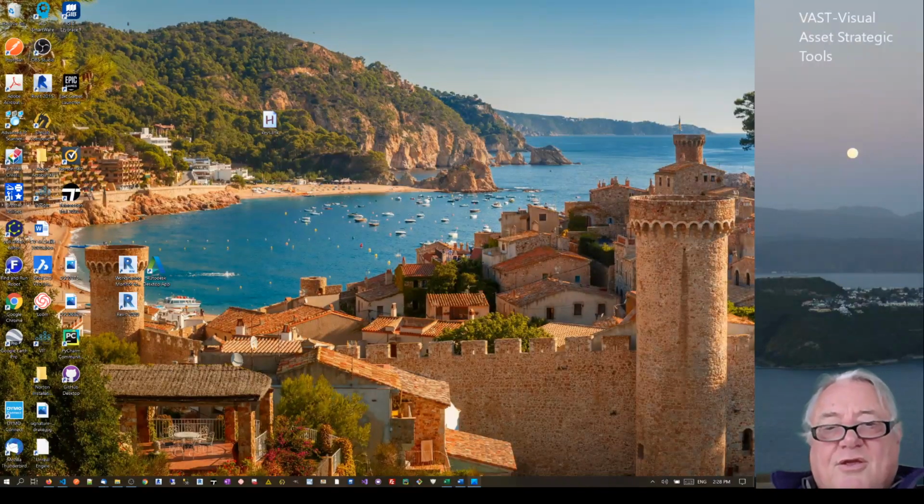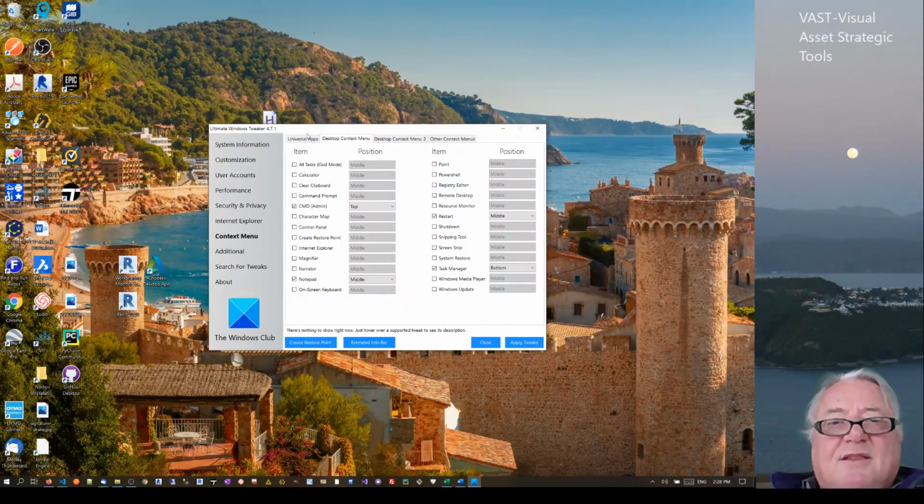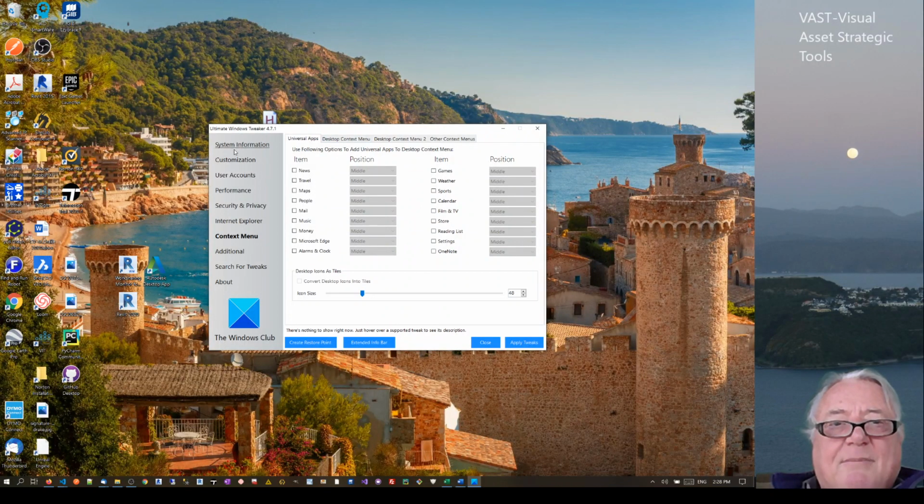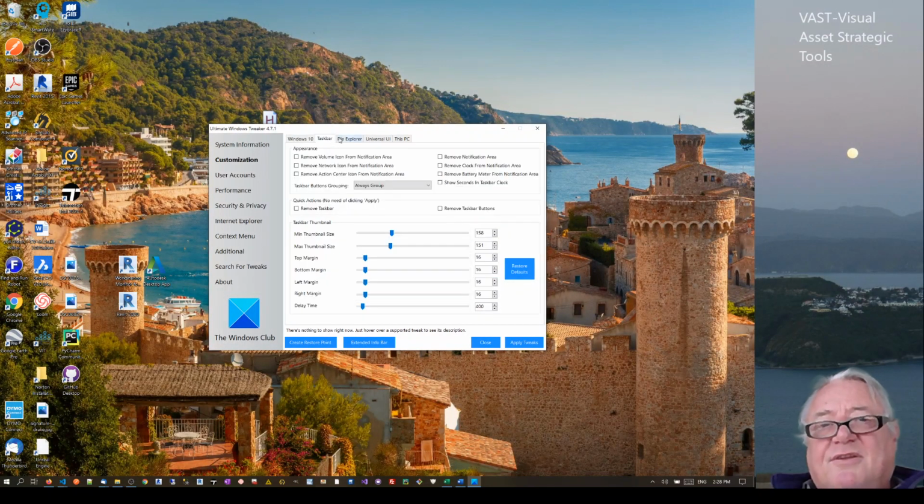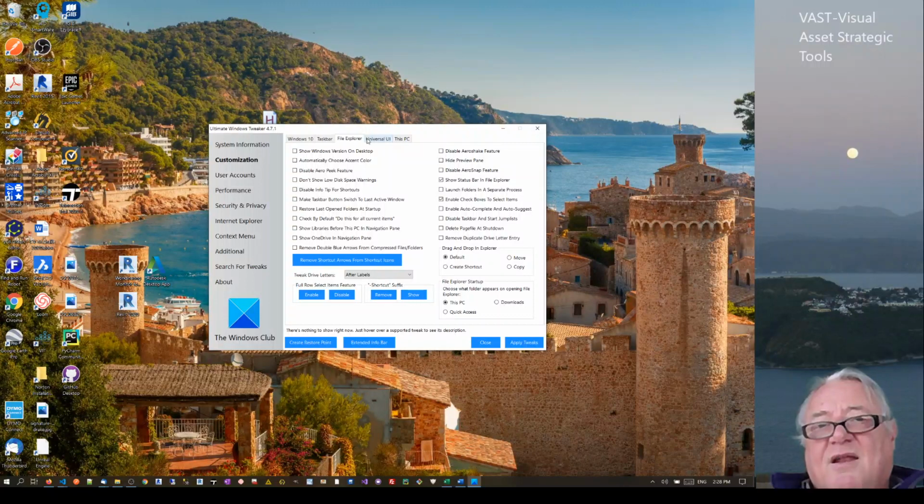The other way that you would do a lot of these edits you can do on this universal app, so if we come into customizations, there's taskbar, there's file explorer customizations. So there's things like remove, show OneDrive in navigation pane. I've got it switched off. I find that I don't use it at all. So there's a whole lot of little tweaks that you can do without fiddling with